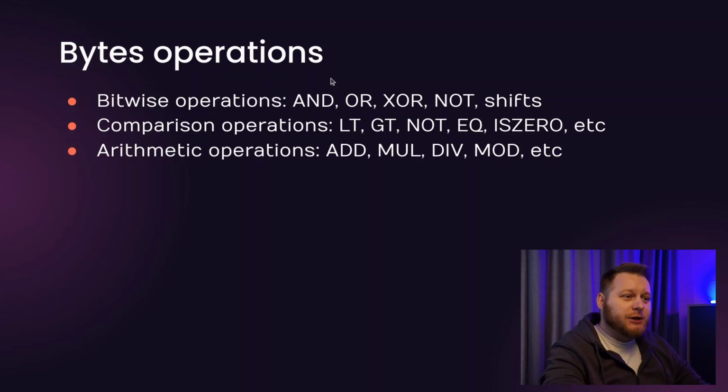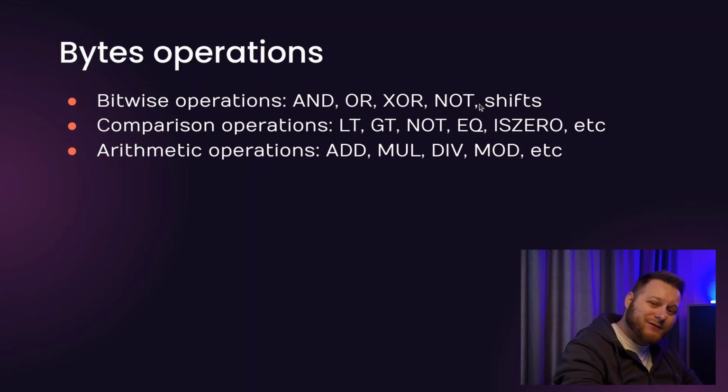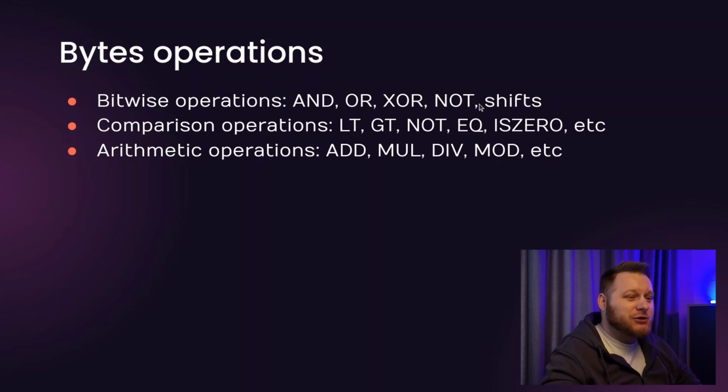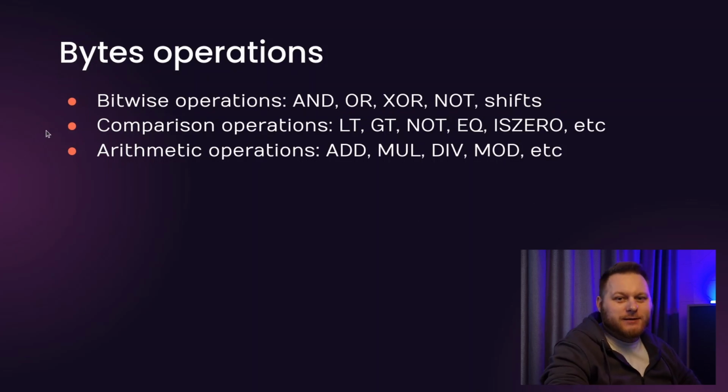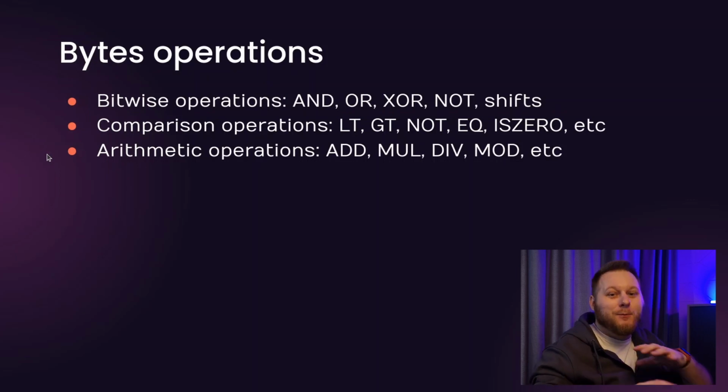So let's dive in. First of all, what kind of byte operations do we have inside of EVM? Those are bitwise operations like AND, OR, XOR, NOT, and all those shifts like shift left, shift right, signed shift. We have comparison operations: lower than, greater than, not, equal, is zero, and arithmetic operations like addition, multiplication, division, modulo. We'll go through them, but let's first start with the lowest level thing, which is the basics